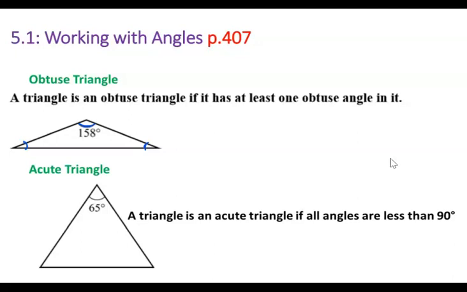Acute triangle has to have all angles less than 90 degrees. We will see this example for here and here and here. We have an equilateral triangle, or what looks to be an equilateral triangle. Actually, it isn't, because the top one is 65 degrees, so we have 2 other acute angles here in the